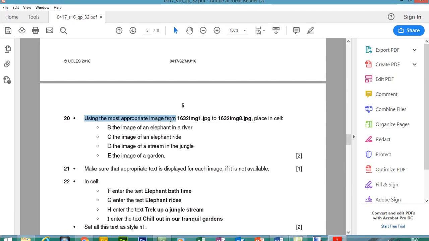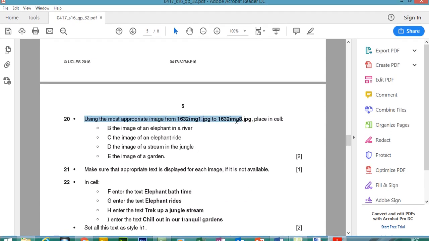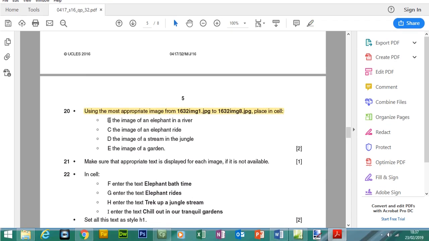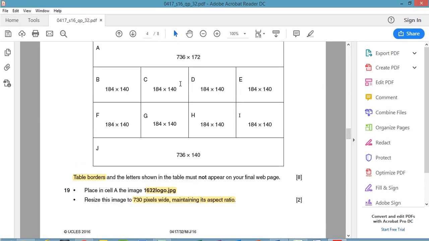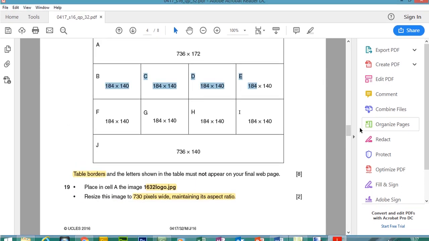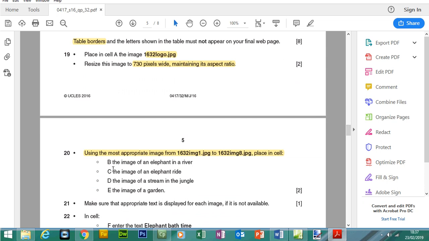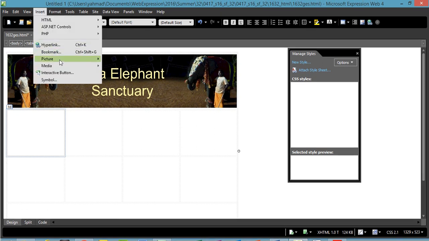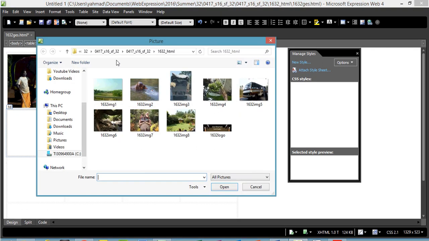Using the most appropriate images from image 1 to image 8, place in a cell. So B, C, D, and E. Where's B, C, D, and E? So it's going to be the second row. So what we need to do in B, an image of an elephant in a river. So this is B. So if we go to insert picture from file,